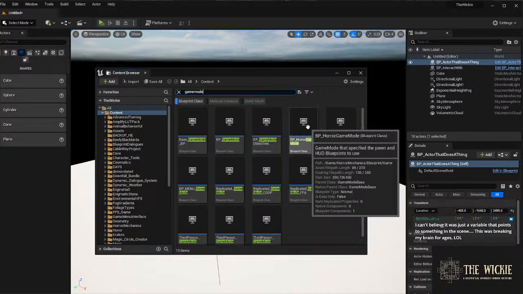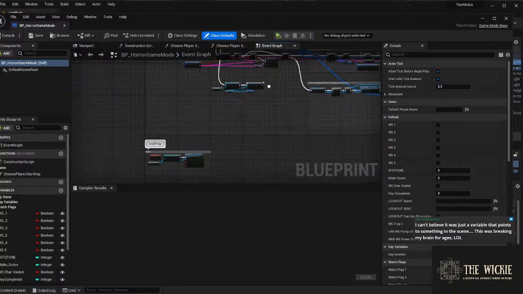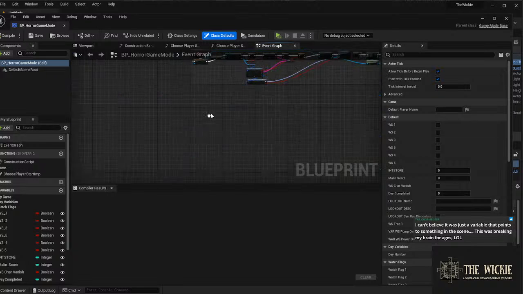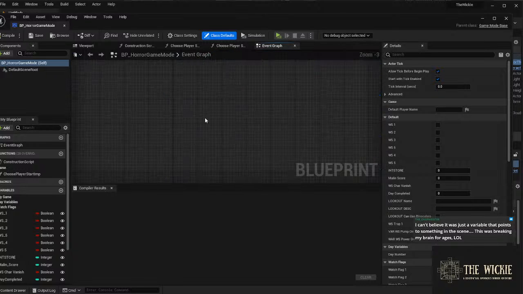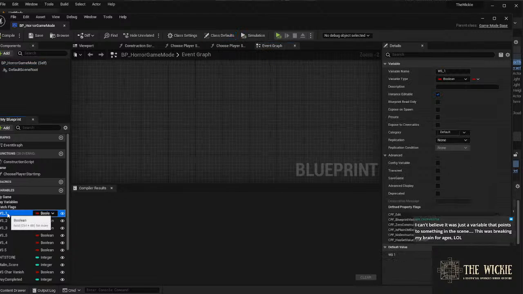So if I go into here, this is what I would personally do if I want to send information to and from. As you can see, I've made some variables here, WS1, WS2, WS3. These are the standard booleans I've made inside my game mode. And then what I could also do is go into,